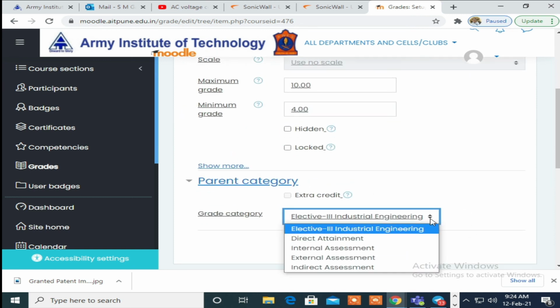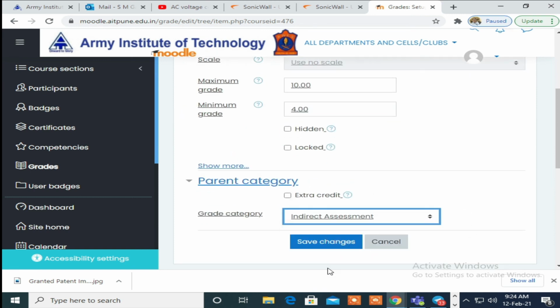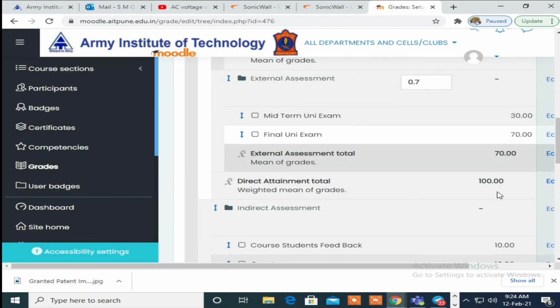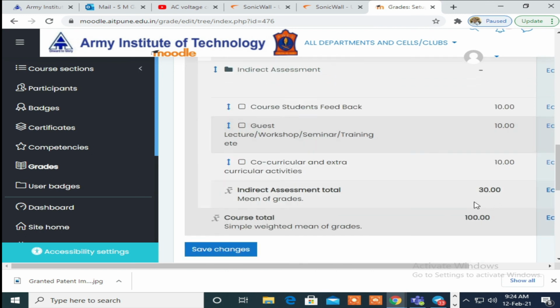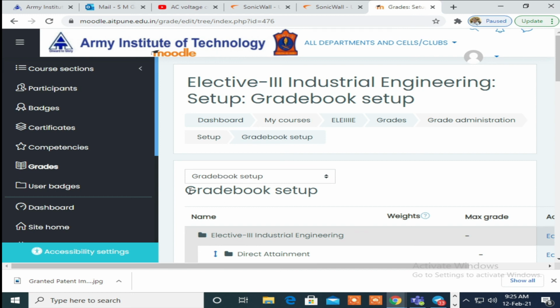Then here it should be under indirect attainment. Save change. So likewise we have added 3 points under indirect assessment or attainment, that is students' feedback, feedback of guest lecture, and extracurricular activity.